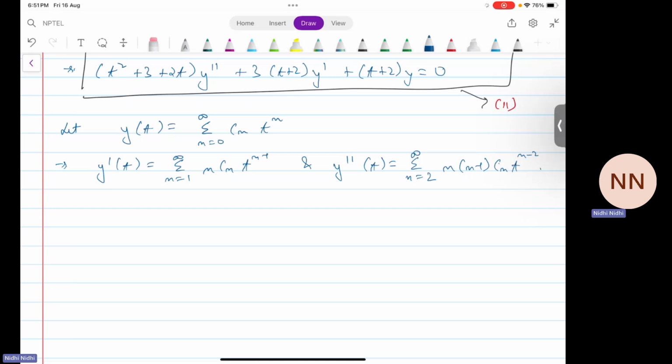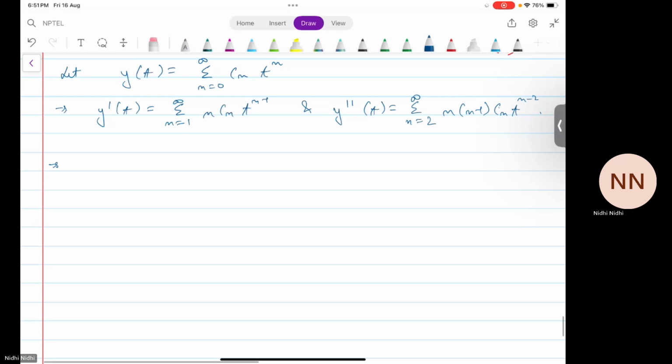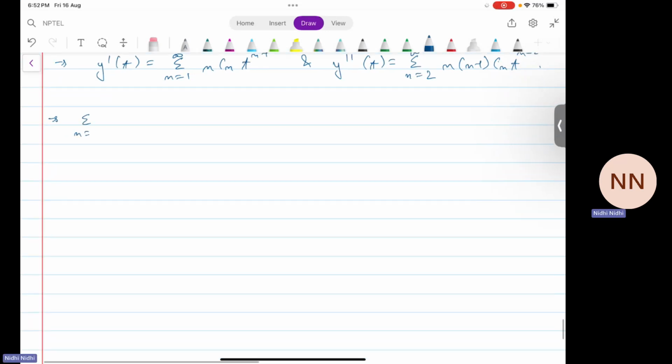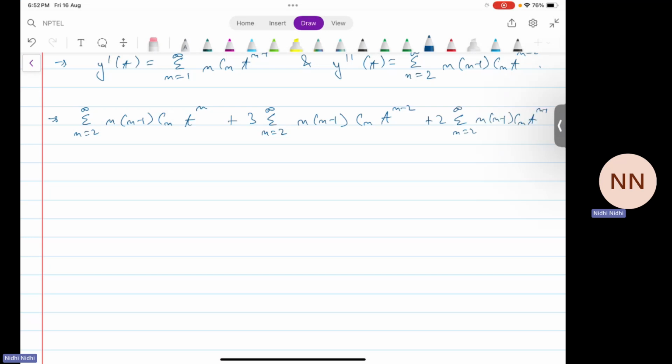Now substituting the values of y dash and y double dash in equation 2, we get summation n from 2 to infinity n(n minus 1) c_n t to the power n plus 3 summation n from 2 to infinity n(n minus 1) c_n t to the power n minus 2 plus 2 summation n from 2 to infinity n(n minus 1) c_n t to the power n minus 1 plus 3 times summation n from 1 to infinity n c_n t to the power n